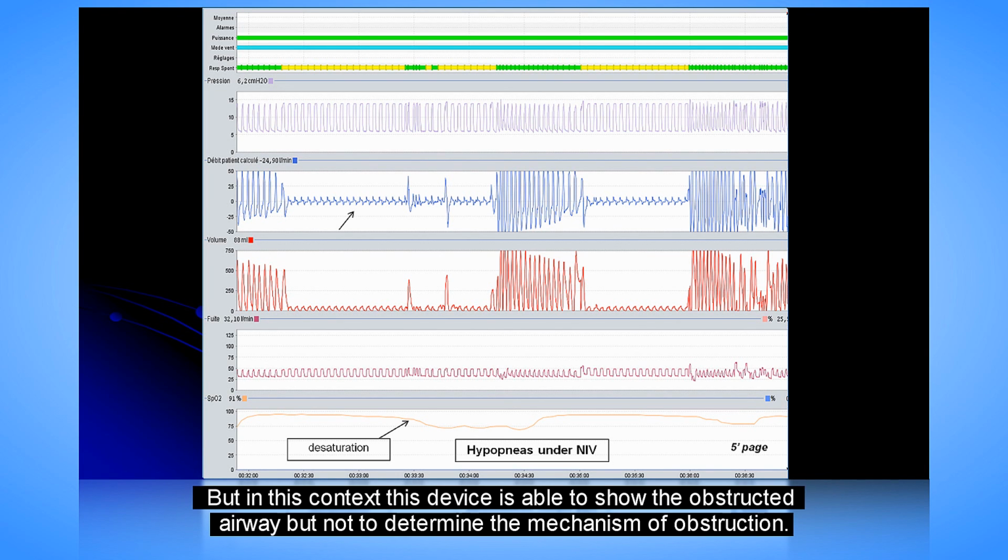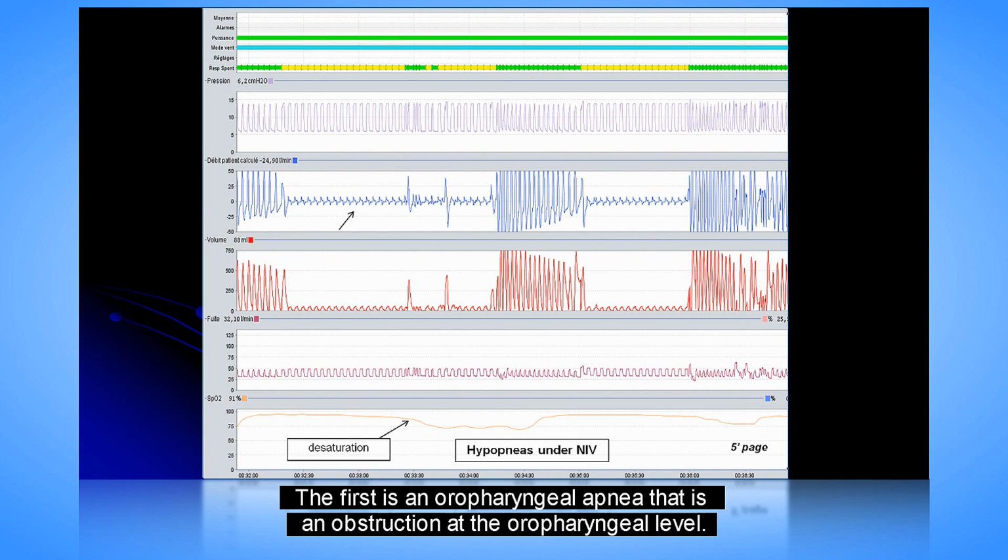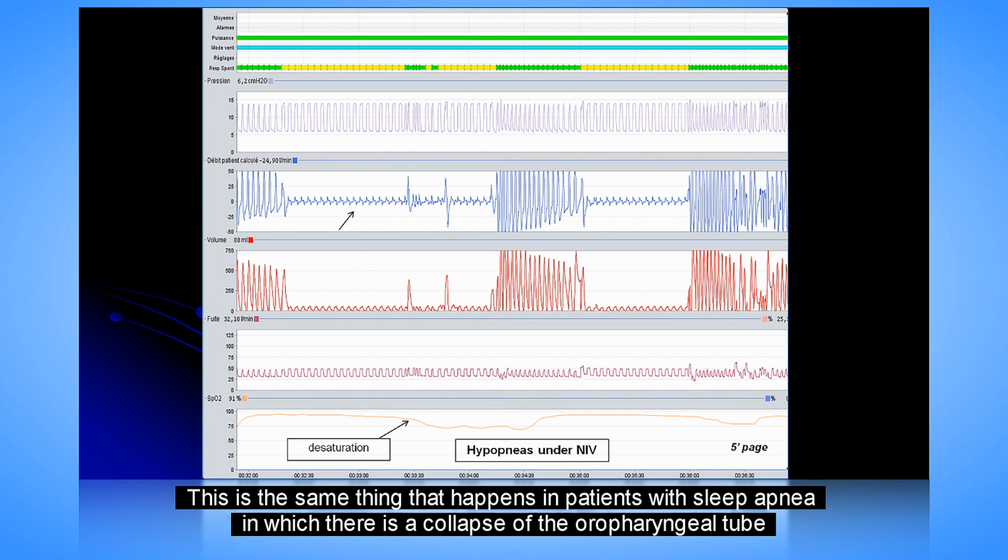But in this context, this device is able to show the obstructed airway, but not to determine the mechanism of obstruction. Because during non-invasive ventilation, when there is an obstruction of the airway, two mechanisms could account for it. The first is an oropharyngeal apnea, that is an obstruction at the oropharyngeal level. This is the same thing that happens in patients with sleep apnea, in which there is a collapse of the oropharyngeal